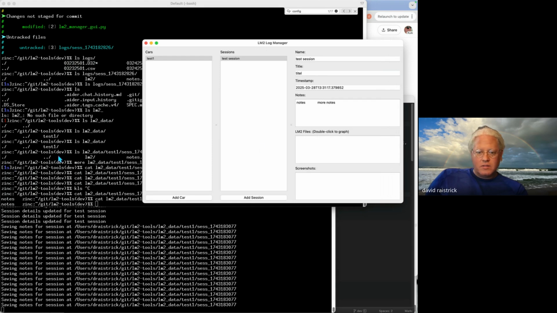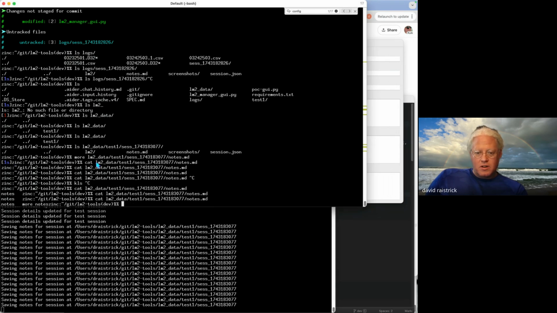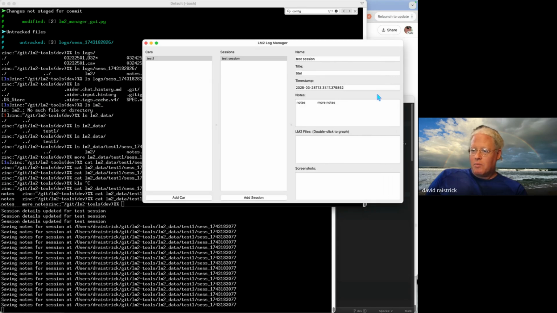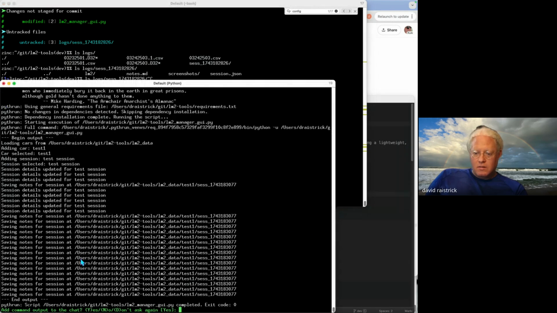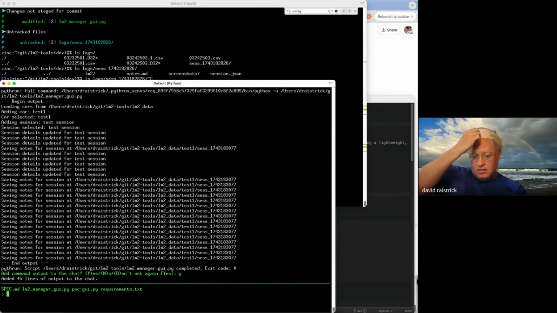More notes. More notes. So that part's working. All right, so okay, add that to the chat. Shouldn't be able to fill out the third panel if a session's not selected. And there's no way to